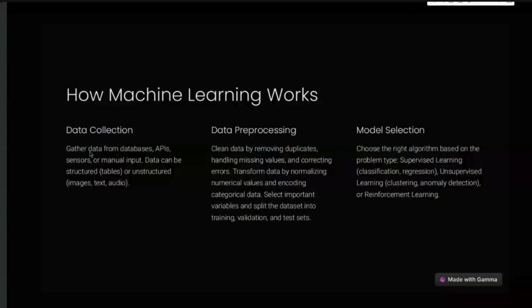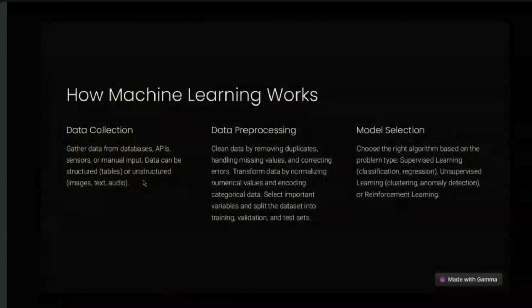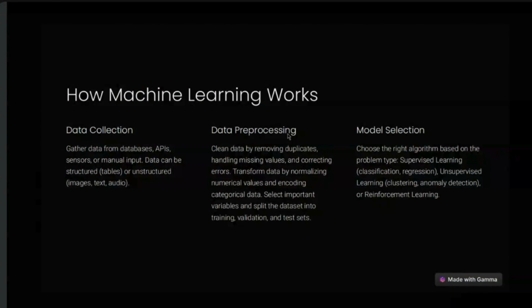So we collect the data, or manual input. Manual input means I am taking the manual input from you, attendance. What is manual input? Like we are physically going and doing a survey, like government or municipal corporation people coming to your home, taking one sheet, and writing your name and how many members are in your home. They are taking the data from you like that. This is called manual data, manual input. And data can be structured, meaning in table format, or unstructured, meaning email, text and audio.